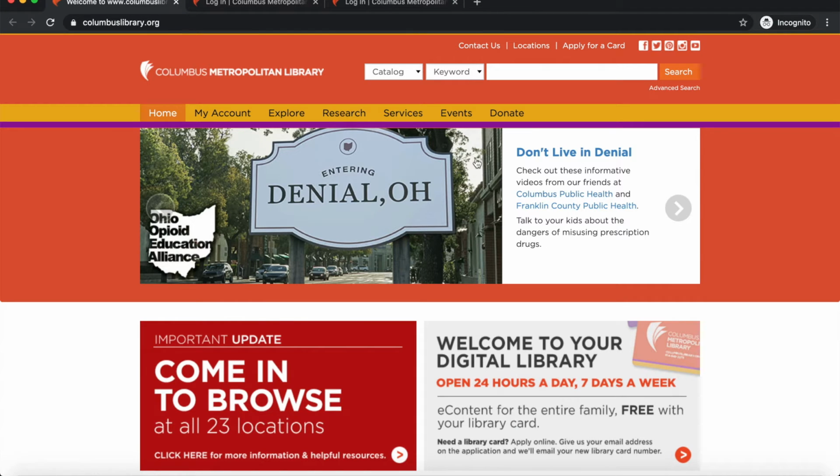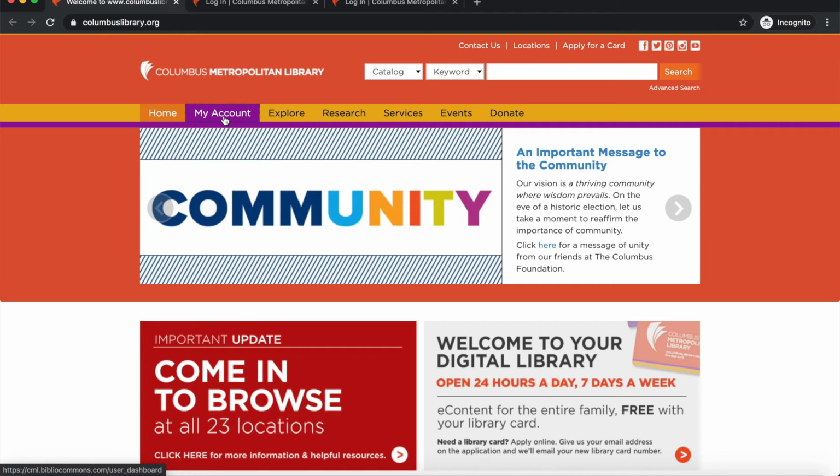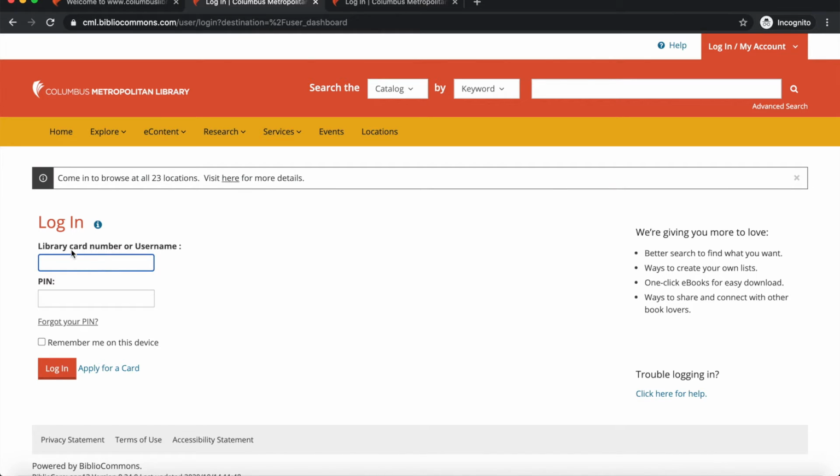Go to the Columbus Metropolitan Library website again. So that's again columbuslibrary.org, and to log into your account, you're going to click on this My Account link here. When you click on that, you'll get prompted to log in with your library card information. So if you enter your library card information and your PIN,